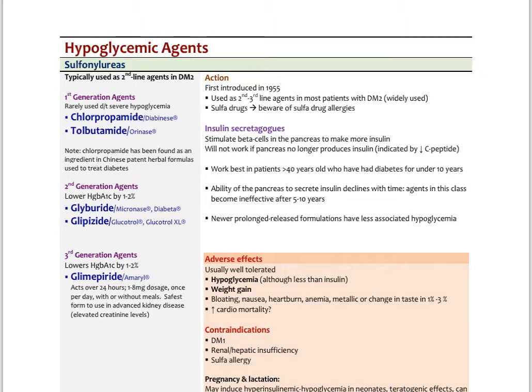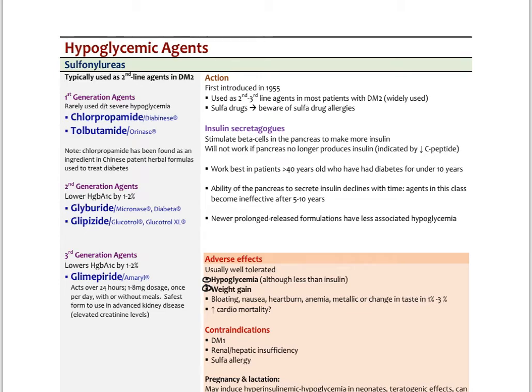The first generation are rarely used because they led to severe hypoglycemia, and that is one of the main concerns about sulfonylureas: hypoglycemia. It's less than insulin, but still a concern, and so patients need to be educated about this. The other main adverse effect I'll just mention before we get there is weight gain. So unlike metformin, which is weight neutral or maybe results in weight loss, people can gain weight on the